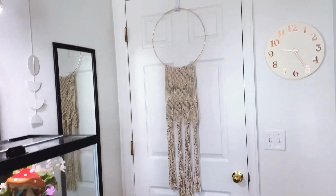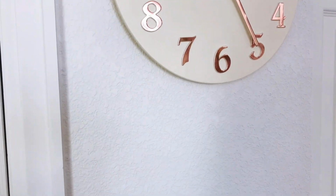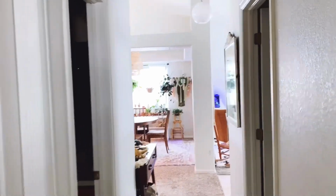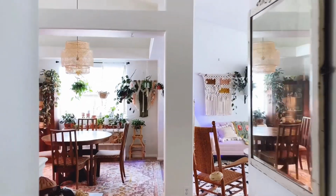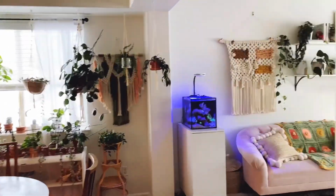All right, so here we go. Look at the time. It's still morning. It's not even 9:30 yet. We're headed out. And we're walking to, first stop will be